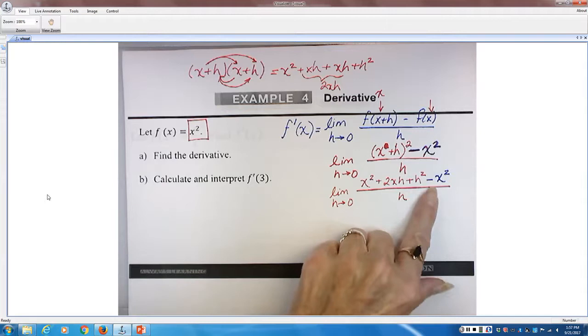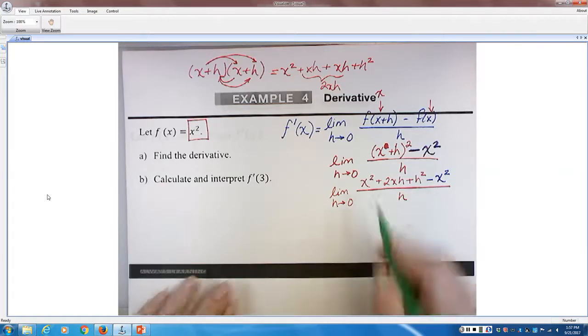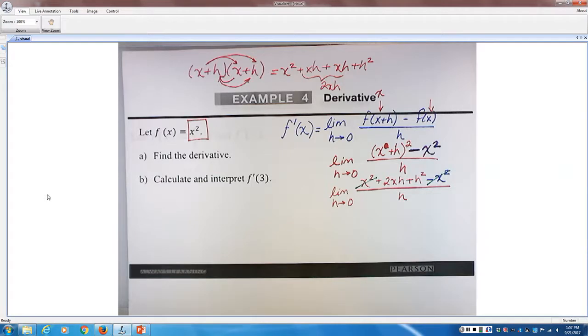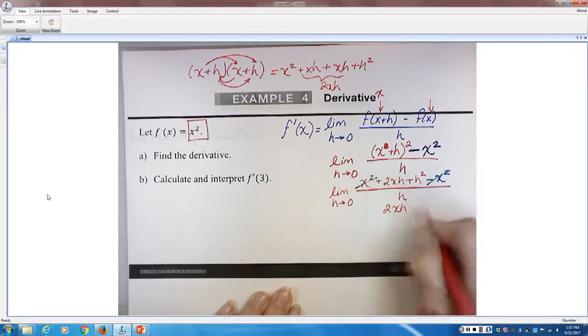So what happens to my x squareds up here? x squared minus x squared disappear. They kill each other off. So what I have left then in the numerator is 2xh plus h squared